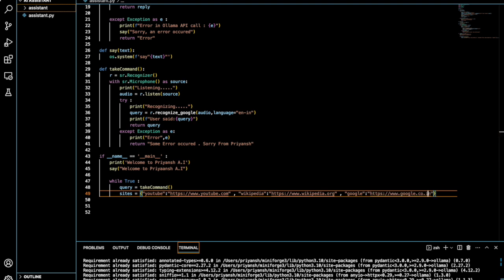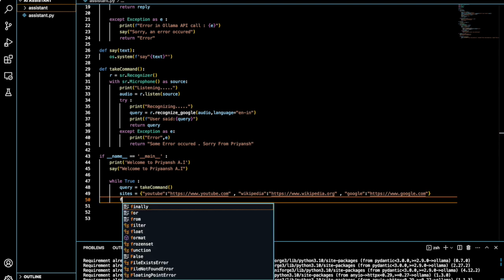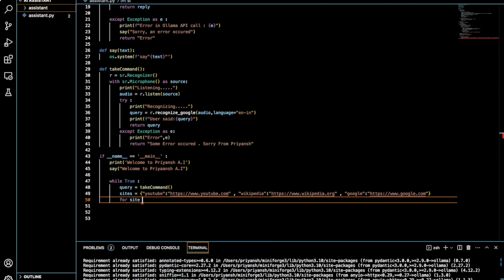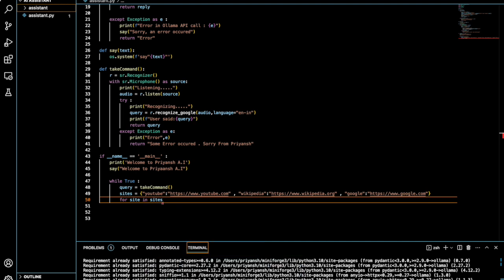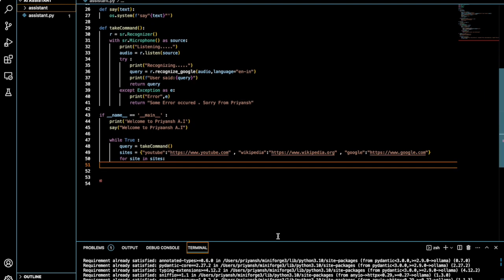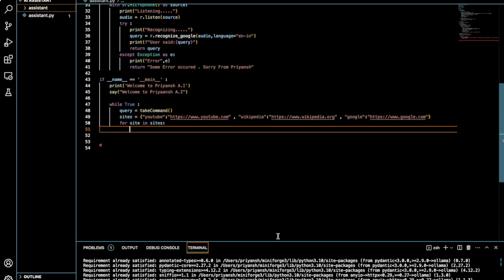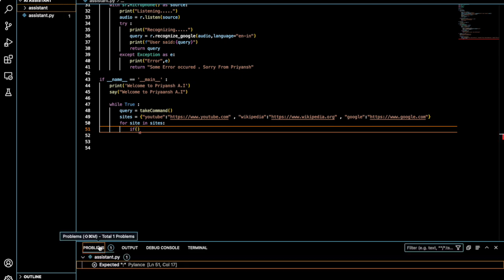Right, we can also write google.com. I don't think it will be a major issue. So okay, we are done with it, and we'll write that for site in sites, we'll have a for loop, and we'll say if, I have two problems, expected balance 50. Okay, no problem. So if